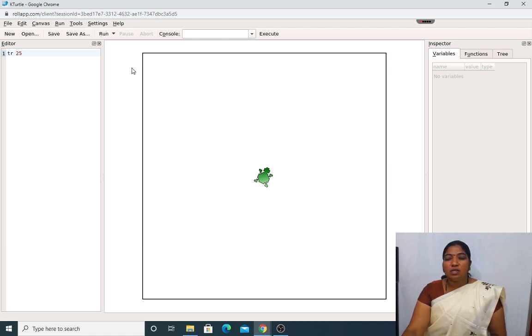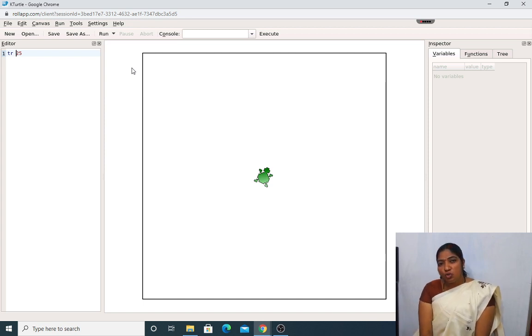Now I will just summarize what a KTurtle actually is. In this you have studied that KTurtle is an open source software. Open source software is nothing but you can download it, or you will have an option like logging in with a username and a password. Just click on KTurtle. Again you will get a KTurtle editor and you will have a set of menus, a set of toolbars with a set of panes, that is the editor pane, inspector pane and the canvas.